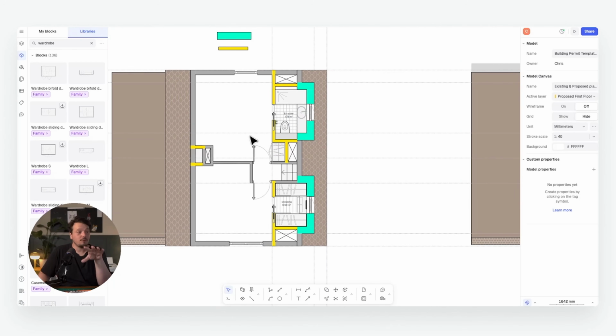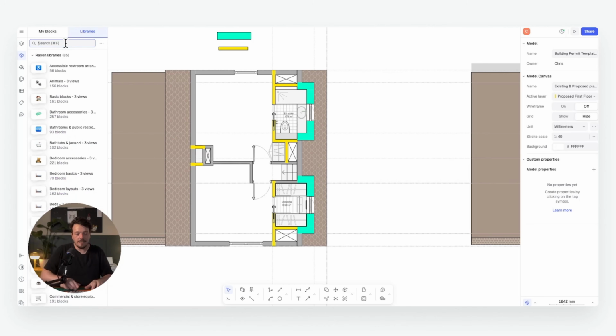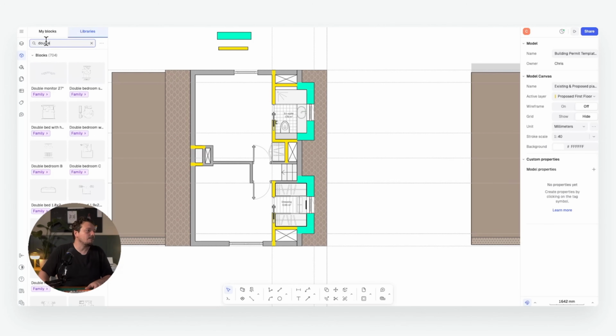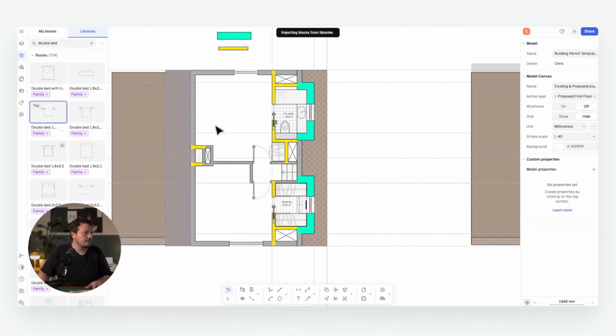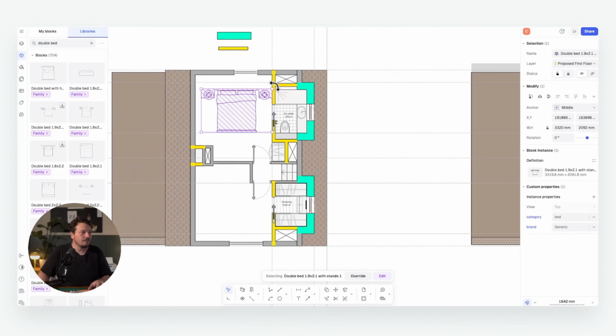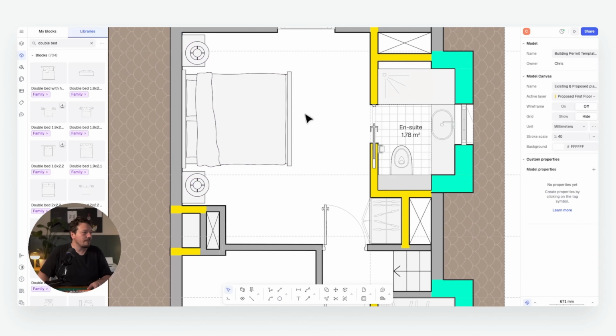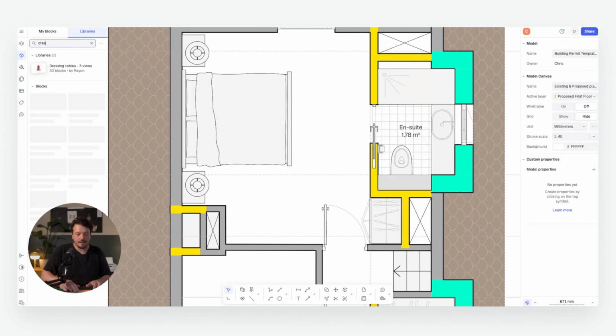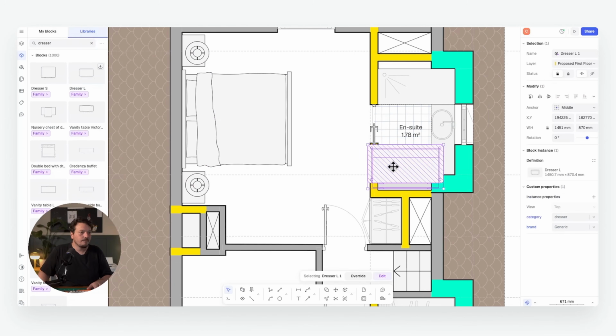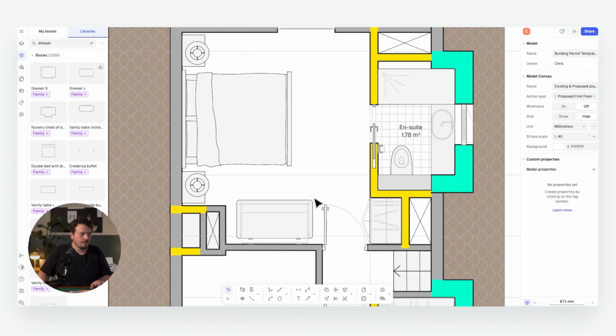So now on to the actual main bedroom spaces. So we've got the master bedroom at the top and the guest bedroom below. And just in terms of the arrangement, the logical place for the bed is obviously on the back wall as you come in. So we'll find a generous double bed. Bring that in, and that sits perfectly on that back wall. Maybe we'll have a dresser on this wall